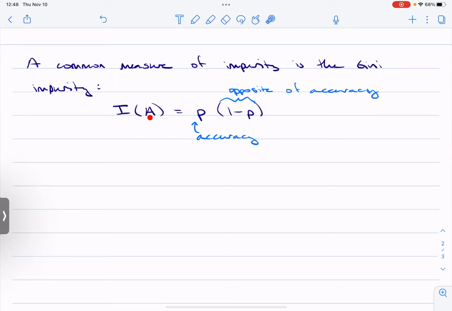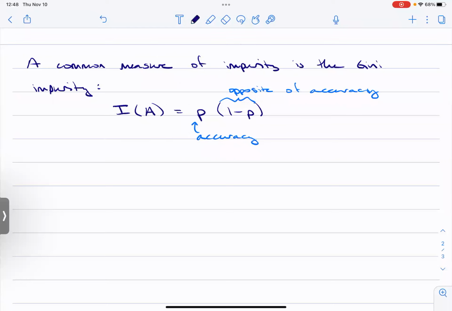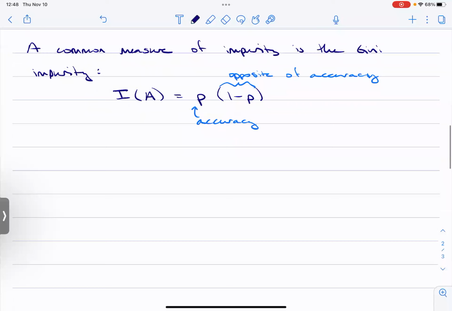But the impurity of A, where A is some classification method, you can find the Gini impurity. There's also something called the Gini coefficient, which I guess is only for a binary classifier, but that's not something for us to keep track of, just be aware that it exists. The other measure